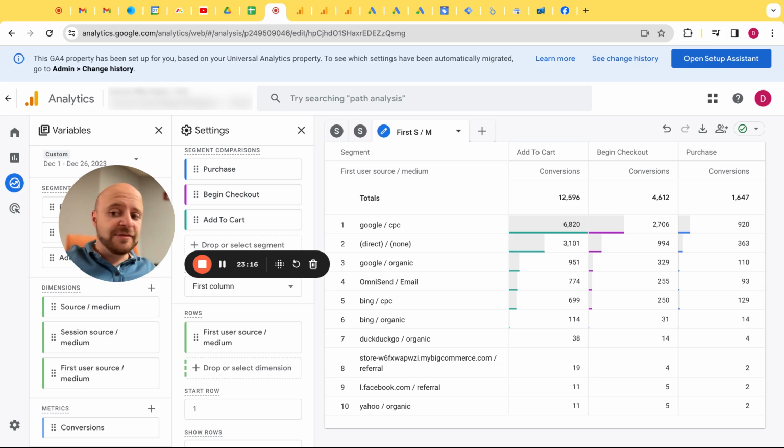So this was a little lesson on how to manipulate Google Analytics 4 as far as setting up the internal pivot tables using the Explore feature. There's a lot of ways we can slice and dice and cut the data. There's way more ways than I can even imagine, probably. But